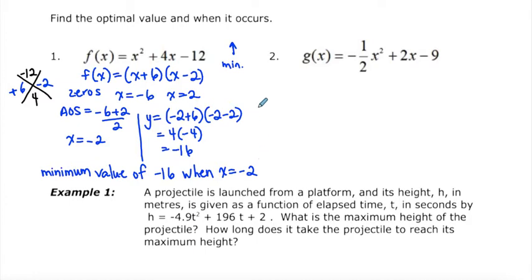So this was one of the ways that we explored yesterday to look for finding the maximum value or the optimal value, or finding even the vertex. So these coordinates right here, x is negative 2 and y is negative 16, remember, that's our vertex. So we could write that the vertex of our parabola is at negative 2, negative 16. Another way that we can solve for our optimal value is by completing